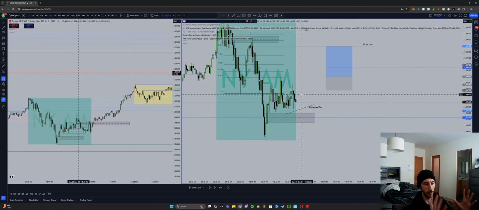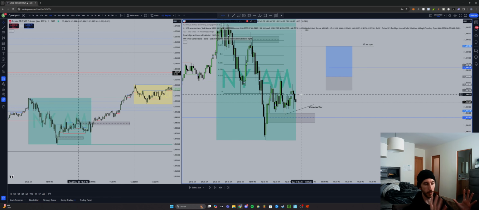So we end up closing down here, right? We create a wickless open. At this point, I'm like, okay, this is awesome. 99% of the time, we always give these wickless opens a wick. What I mean by that is we'll trade back up to it to give it a wick, if that makes sense. So obviously we inverse this. Not smart to take because we still have a protected low down here. So we're still going.